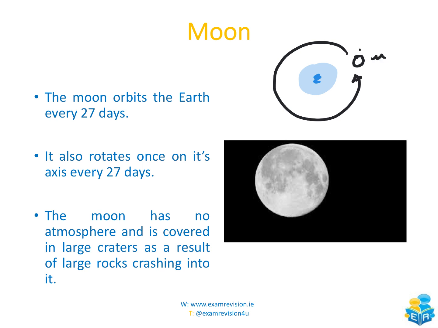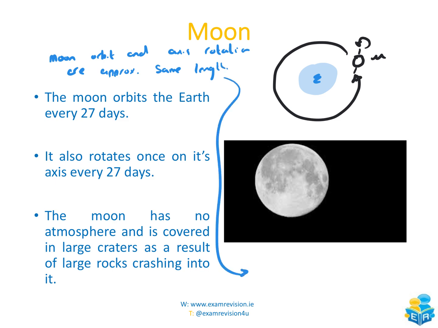But at the same time, on an imaginary axis, the moon is also spinning, okay? So it rotates once on its axis every 27 days. So that's a really important note to mention there. The moon's orbit and axis rotation are approximately the same length. Okay, and it's because of this, I'll write this down here,